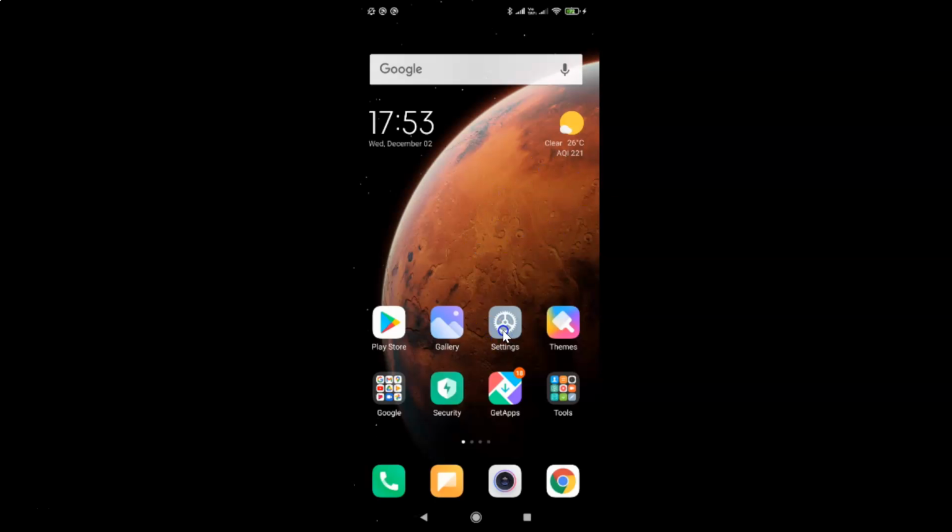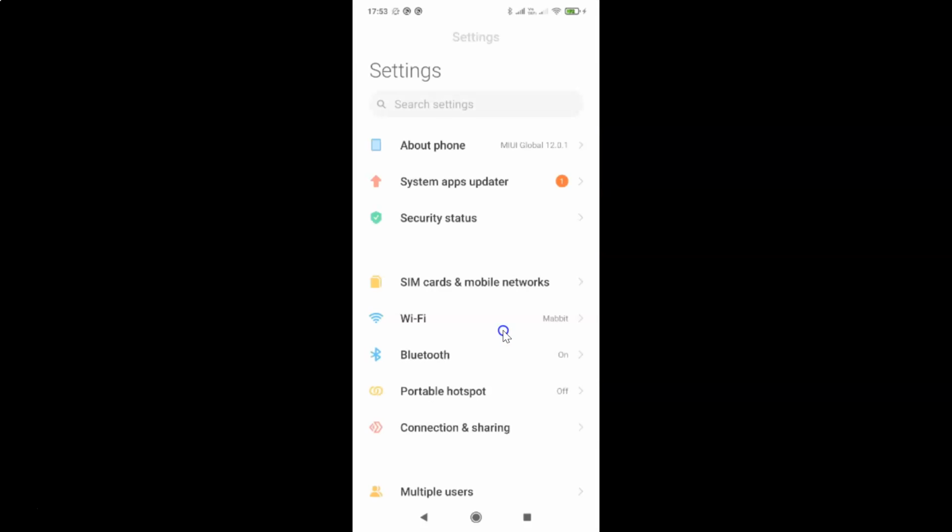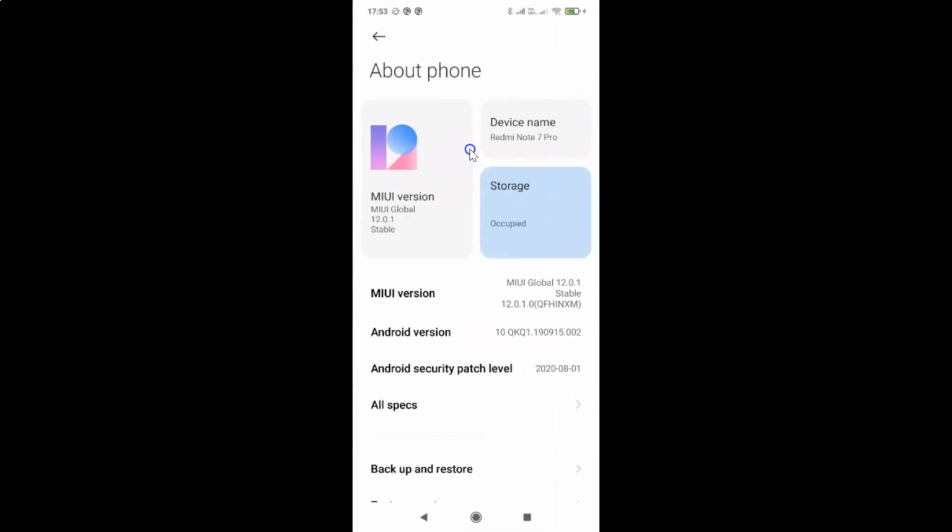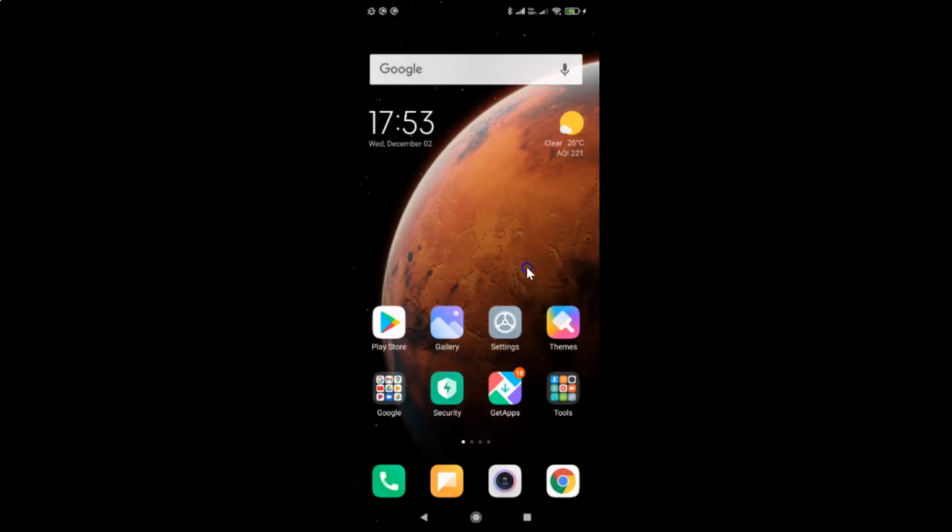So let me open my settings app and then let me tap on this about phone. And you can see guys, here I have this MIUI version. You can see I have MIUI Global 12.0.1 installed on this Redmi Note 7 Pro. So let me close my settings app. So in order to change picture quality in camera on Redmi Note 7 Pro, what you need to do, you